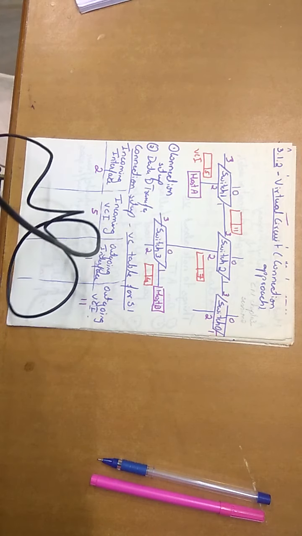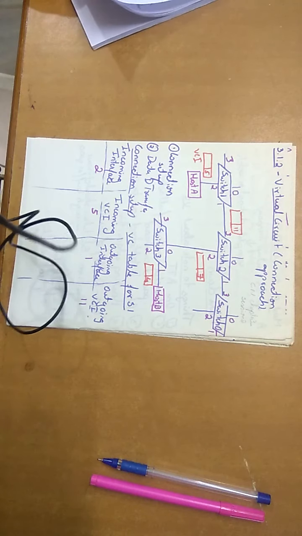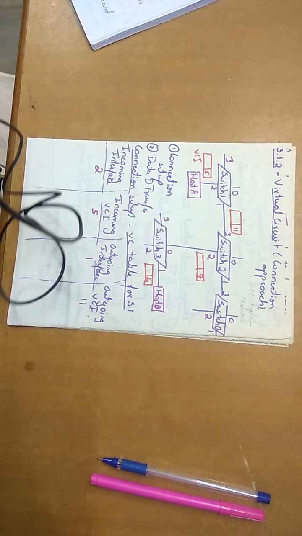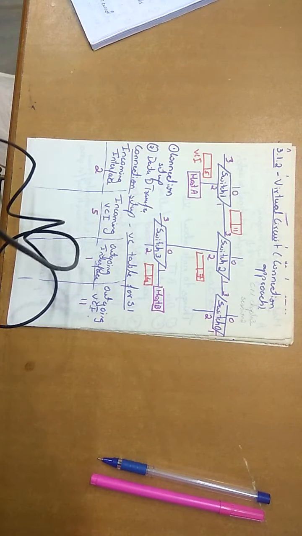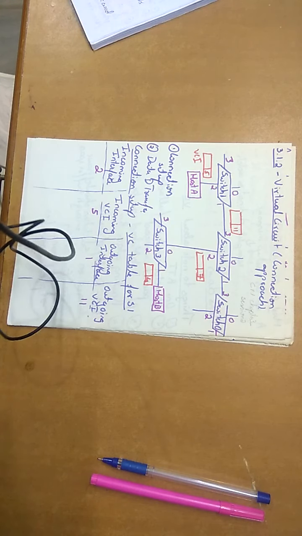So in the previous class we started with switches and how switches can be connected. We have seen three ways of switching technology. The first one was the datagram. Datagram is connectionless, and for that purpose we use the datagram. How we maintain the forwarding table, which is also called the routing table, was the previous session's discussion.